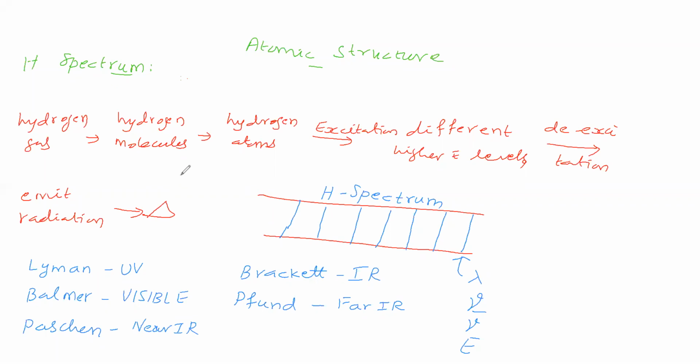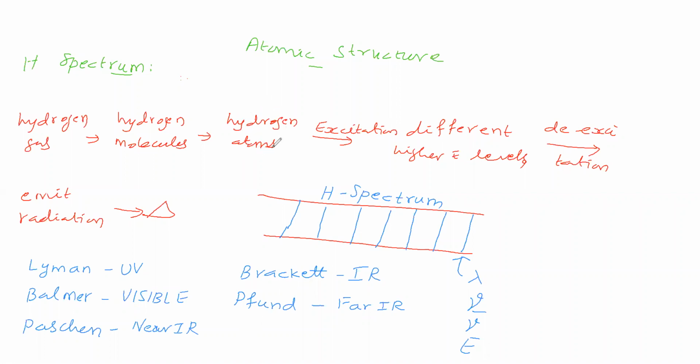Now we will see again what we discussed so far. You are asking, you have not understood. Sorry. Now we will take a hydrogen lamp. A hydrogen lamp contains hydrogen gas. Hydrogen gas contains hydrogen molecules. We convert the hydrogen molecules into hydrogen atoms by passing current.